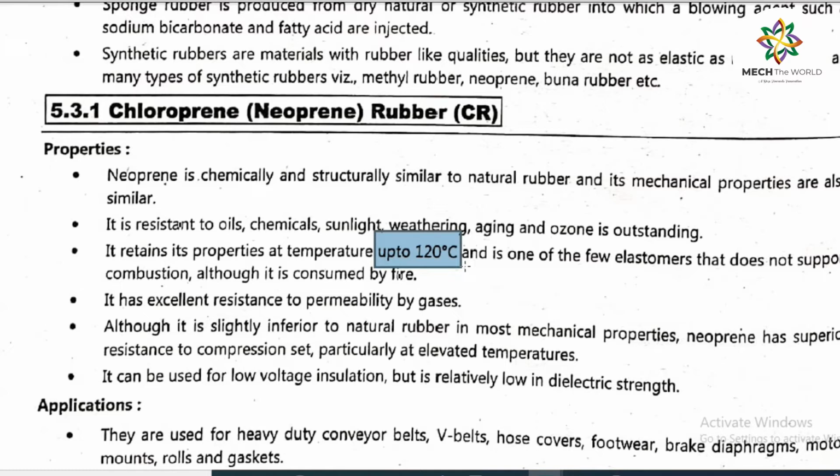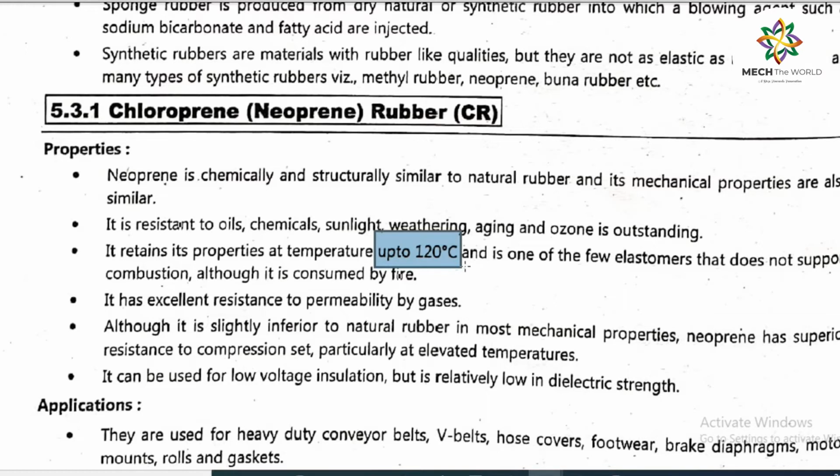Although it is slightly inferior to natural rubber in most mechanical properties, neoprene has superior resistance to compression set, particularly at elevated temperatures. It can be used for low voltage insulation but is relatively low in dielectric strength. So neoprene finds some electrical applications as well,